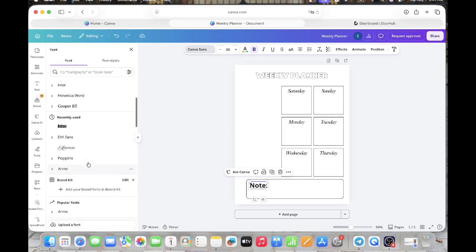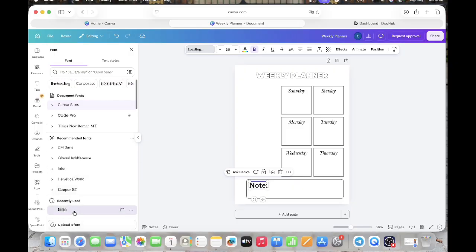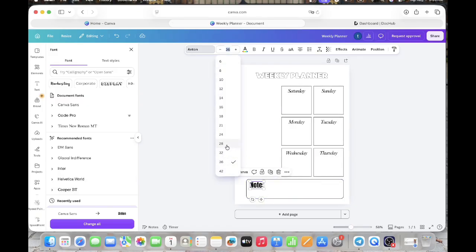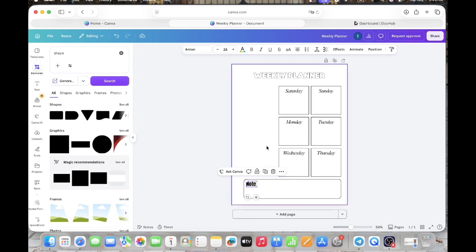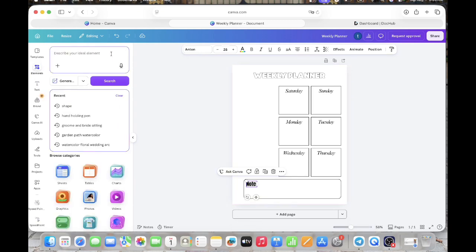I just choose, for example, this one, Anton, is not bad, it's okay, and change here and change the font to 28. I think it's okay,